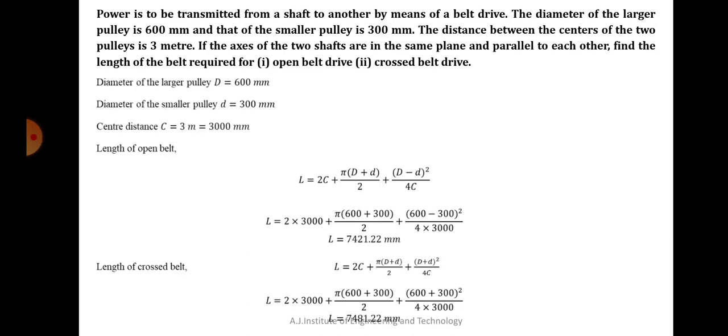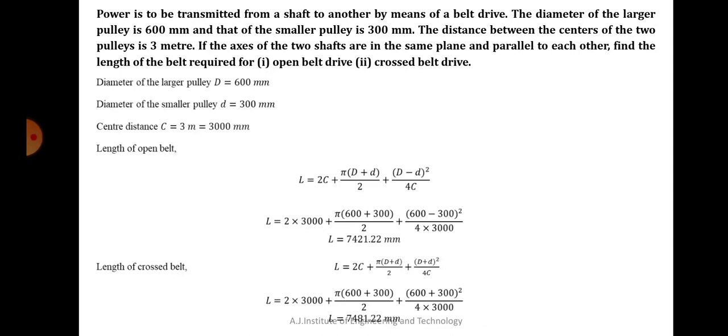In the previous derivation, whatever equation I have given you, you can directly substitute that equation also. There it was given in terms of radius, here it is given in terms of diameter. You can substitute the equation in any case. Here the diameters are given, you can directly put them as radius and divide by 2 and substitute there, or we can put the diameters and divide the whole by 2 as it is here. The formula is same. I don't want you to get confused with the formula, because in the derivation I showed you different slides, and here I have put a different equation. Both the equations are same.